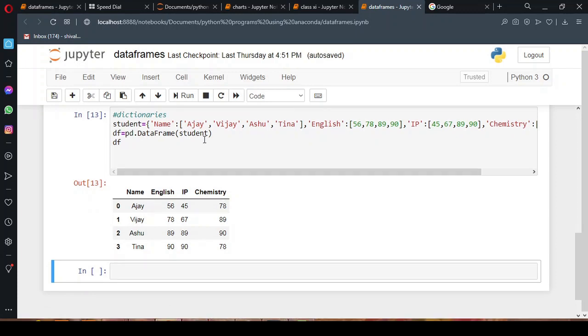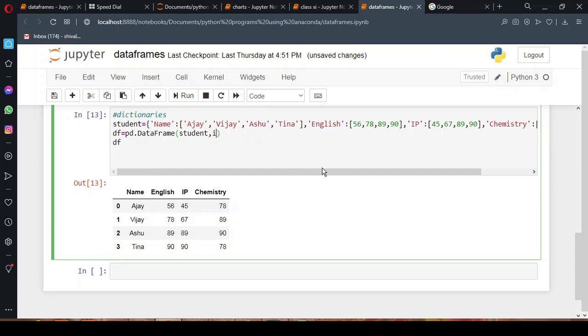So this is another way. You can even give the row index by including an argument, which is index, and you can give the index as maybe r1, giving random values only, r2 and r3, r4.